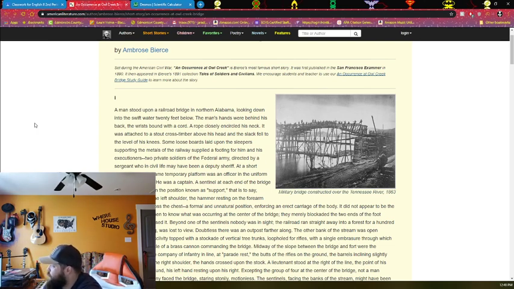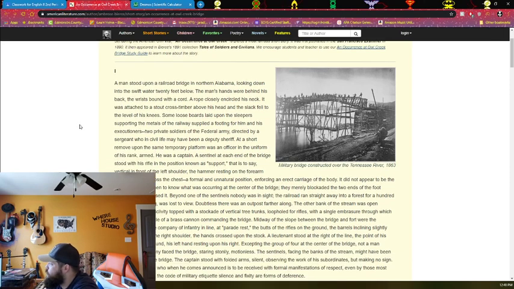A man stood upon a railroad bridge in northern Alabama, looking into the swift water 20 feet below. The man's hands were behind his back, the wrists bound with a cord. A rope closely encircled his neck. It was attached to a stout cross timber above his head, and the slack fell to the level of his knees. Some loose boards laid upon the sleepers supporting the metals of the railway supplied a footing for him and